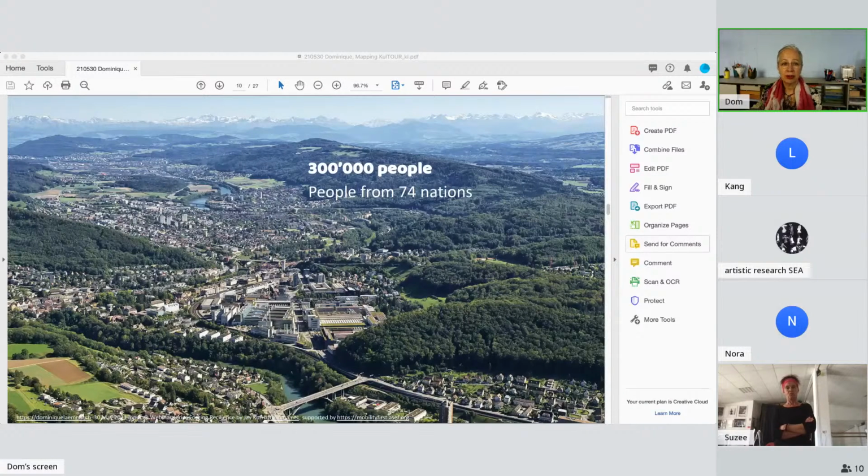For example, Dietikon, a city with 28,000 inhabitants. In Dietikon, people from 74 nations live there. So the Swiss population makes up around 50% of people with a permanent residence in Dietikon. In comparison, in Switzerland as a whole, the Swiss population is about 75% of all permanent residents. I myself live in Zurich, right next to the river Limmat. Every morning when I drink my coffee, I start the day looking at the water as it flows by.